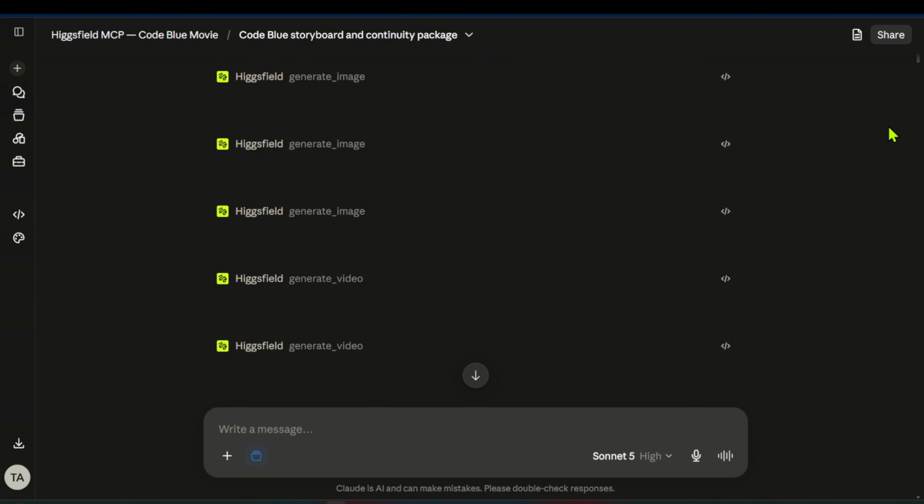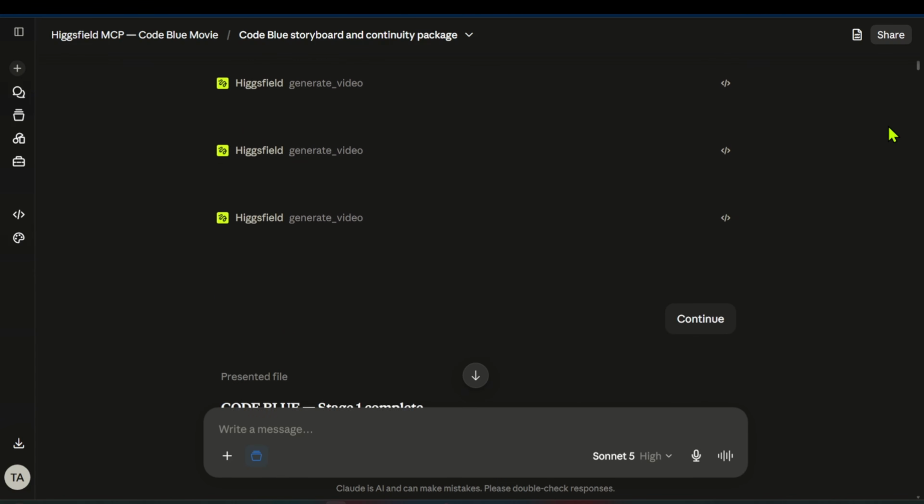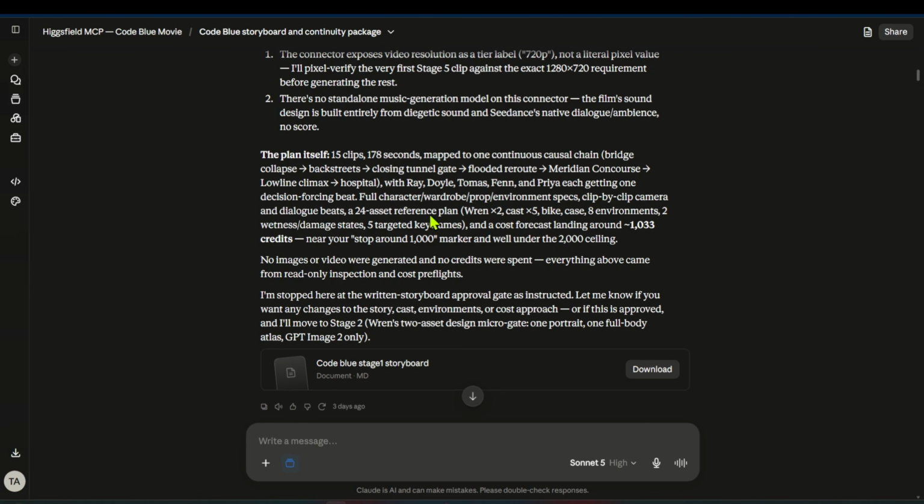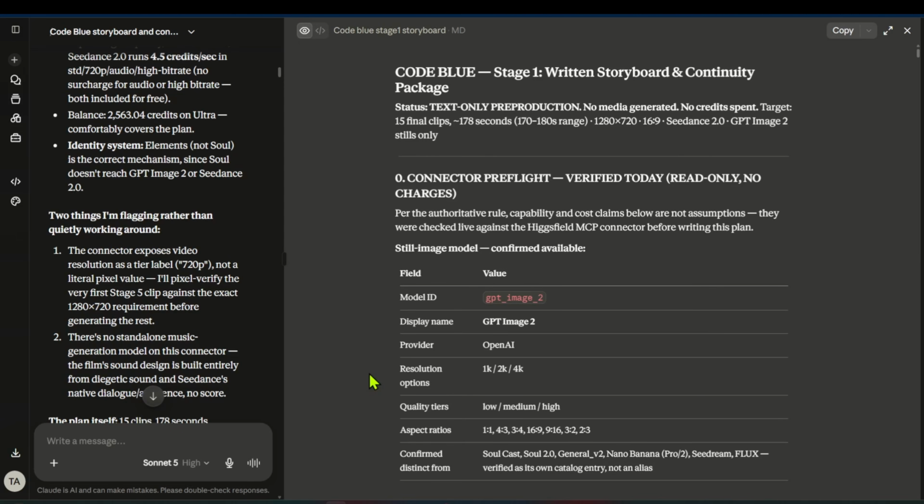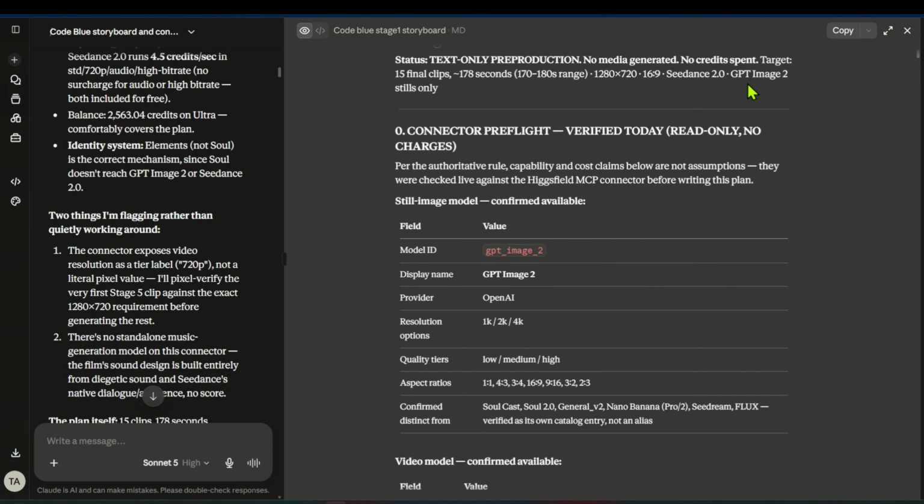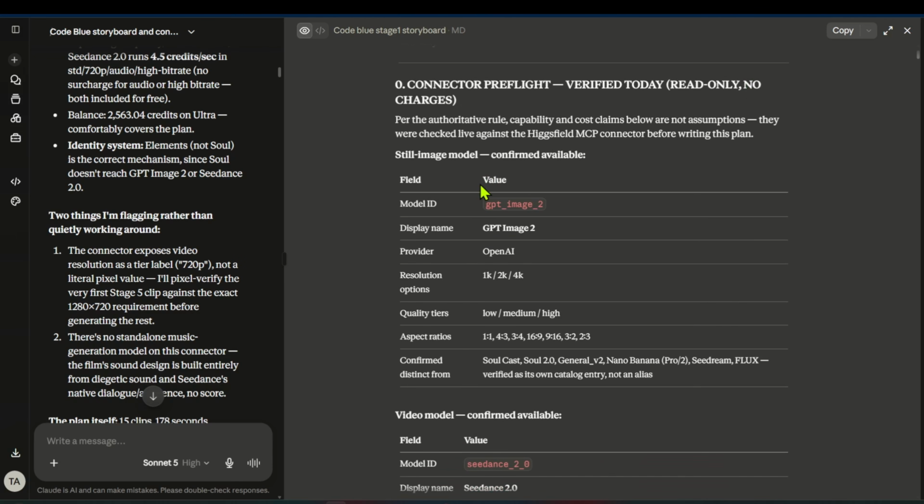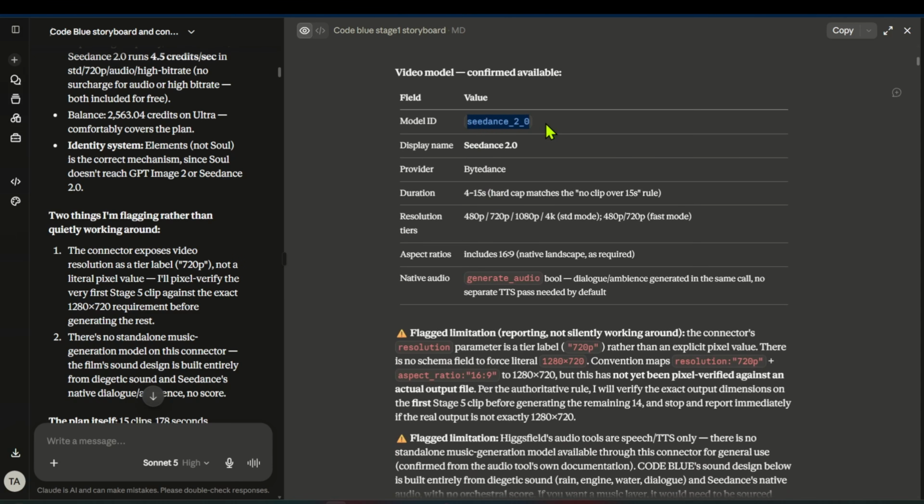Claude then developed the production structure and began calling Higgsfield's image generation tool to create the required visual references. Stage 1 concluded with the complete written storyboard and continuity package. Before developing the storyboard, the connector's available models and production settings were verified. GPT Image 2 was confirmed for still image generation, with resolutions up to 4K. Seedance 2.0 was confirmed for video, supporting clips of up to 15 seconds, multiple resolution options, a native 16:9 format,